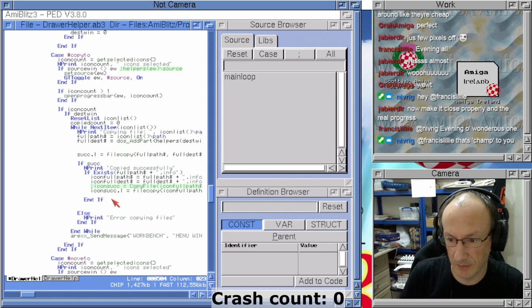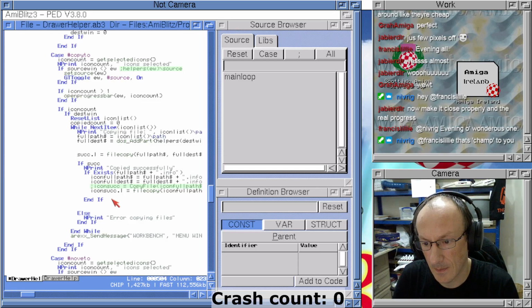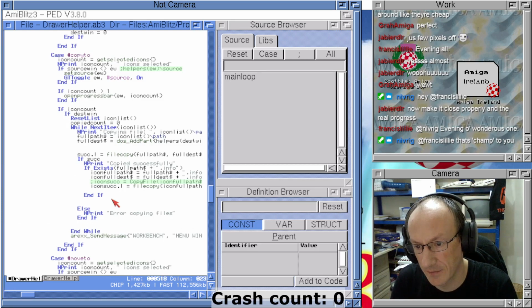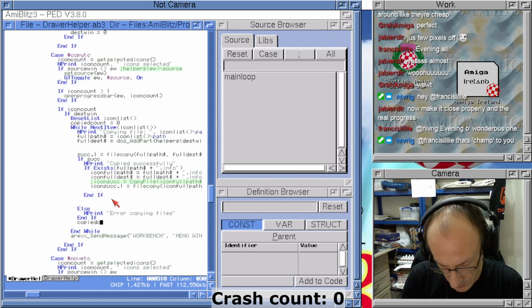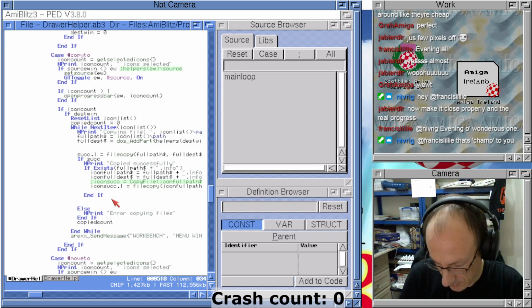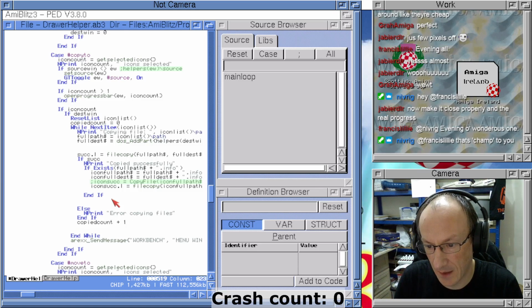Okay, so yeah, it doesn't matter whether we have successfully copied the file or not. We've processed that file, so therefore... Keyboard's shedding keys. Copied count +1. And then